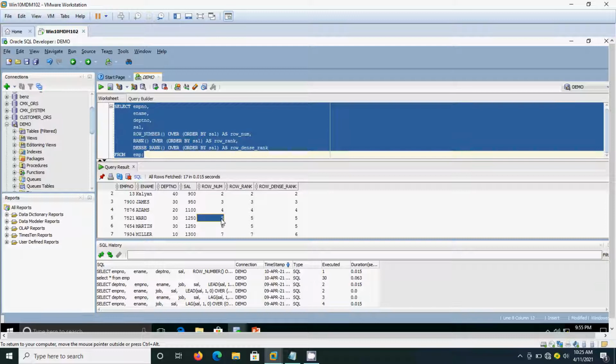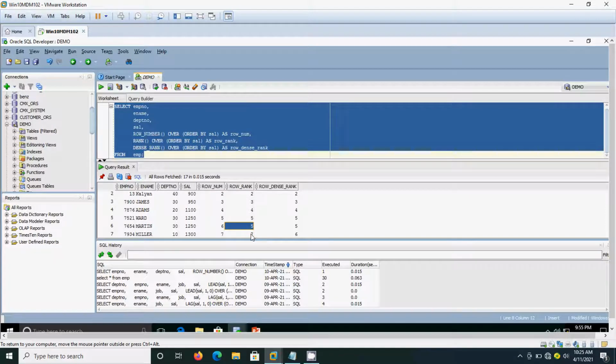The row number for Ward is 5 and for Martin is 6, but in RANK it has been allocated as 5 and 5. That means the fifth rank position is shared between Ward and Martin. After that, there is no sixth rank available for the RANK function; instead the seventh rank is coming.